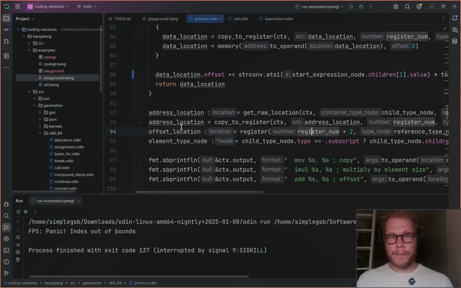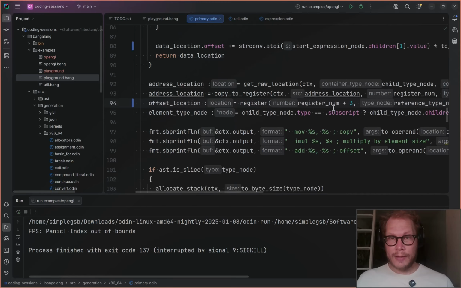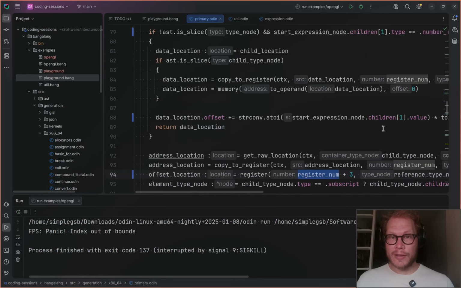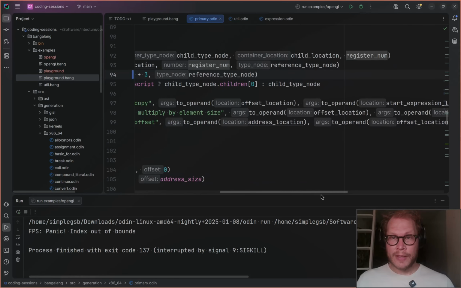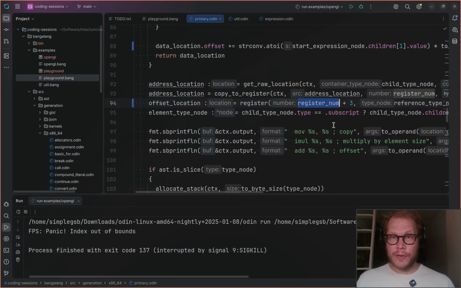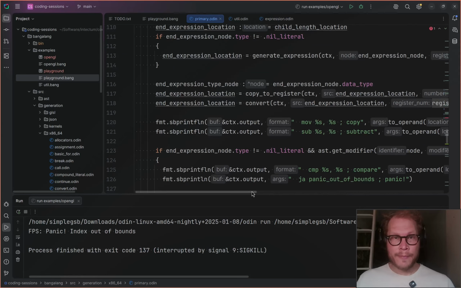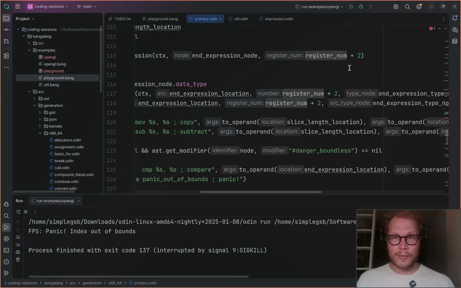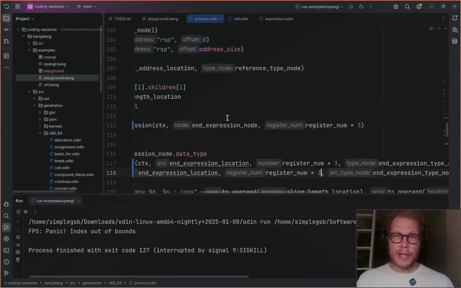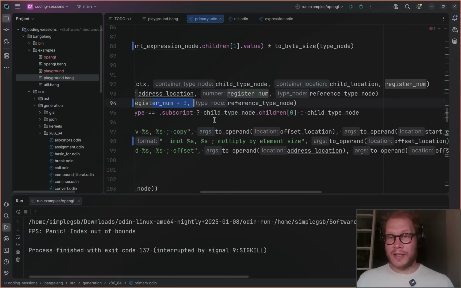But then here, this offset location, we'll bump that up to 3 because 2 is already being used by the start expression. And then if we go a bit further down, there's some more here. And this here is the end expression, which is using +2. We're going to bump that up to +3 as well, which means it's using the same register as this, but